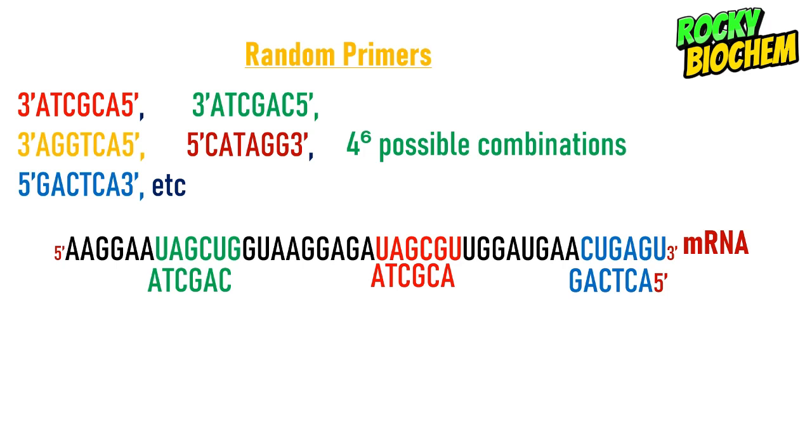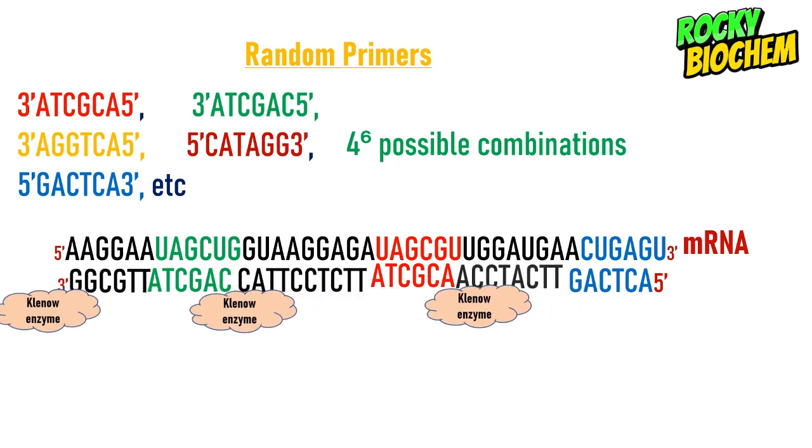Upon annealing to their complementary regions, the mixture will be treated with an enzyme called Klenow enzyme. Klenow enzyme has only polymerase activity with no nuclease activity. So Klenow enzyme will then fill the gaps between the primers and hence lead to the synthesis